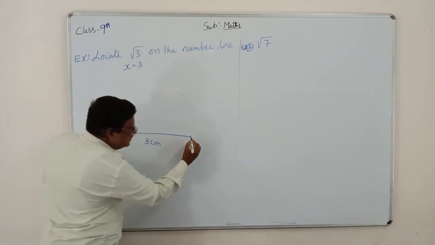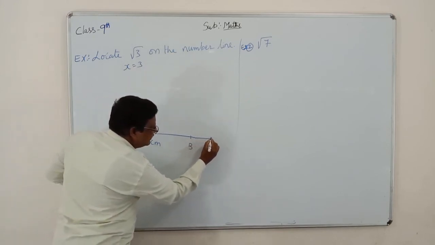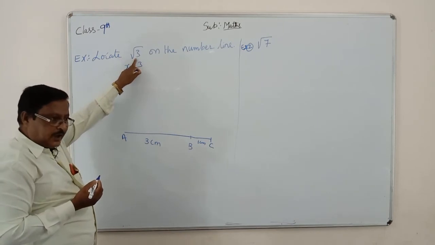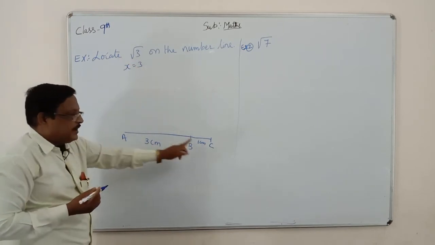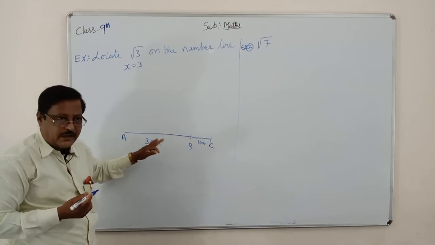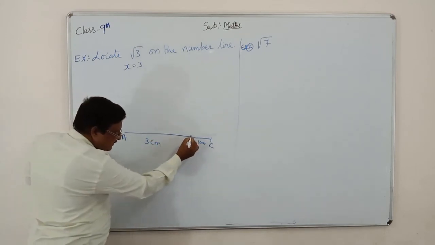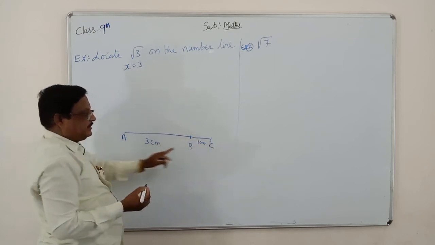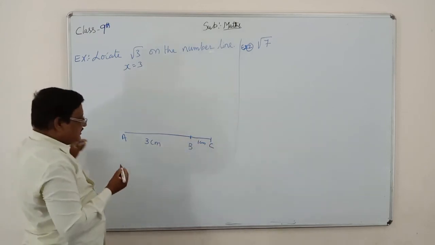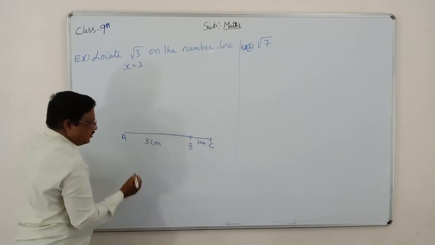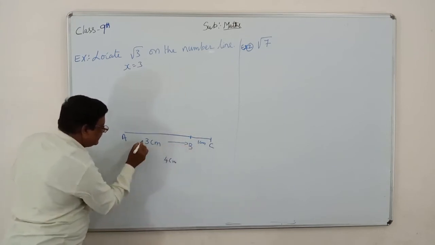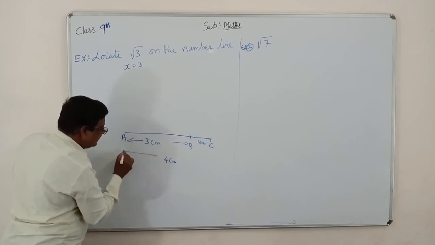Next, you enlarge this one from here to here. This is C, this is 1 centimeter. Here, the square root of 3 you have to find, which means 3 plus 1, 4 centimeters. You have to draw a line. Up to 3 centimeters you mark one point, and another one after 3, next 1 centimeter, this is the point. After this, this is A and C. The total of A and C is 4 centimeters. From here to here 3 centimeters, and this is 4 centimeters.